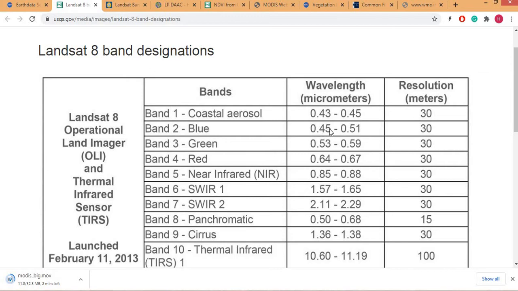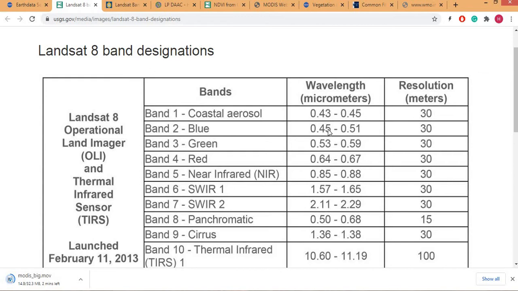So this band is from 0.45 to 0.51. So this band can also be divided, from 0.45 to 0.47. I mean to say, the band from 0.45 to 0.51, and the band which can be developed from 0.45 to 0.47, these two bands can be used for two different purposes.